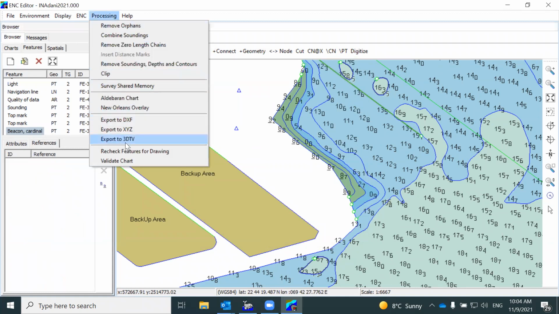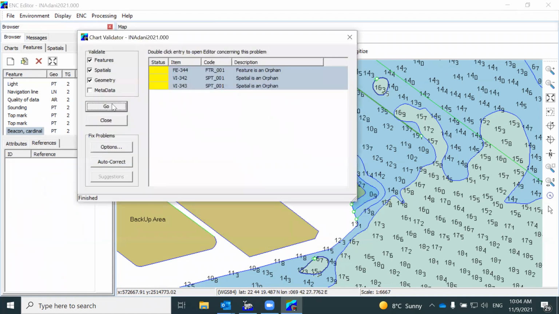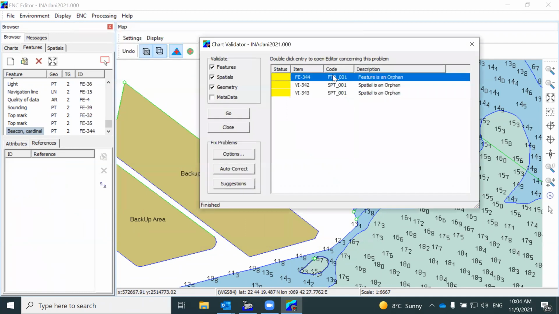Now, when we process this stuff, when we validate the chart, it tells me where it is. Let's say this feature is an orphan. So my beacon is actually an orphan right now. I can tell the program, okay, suggestions,